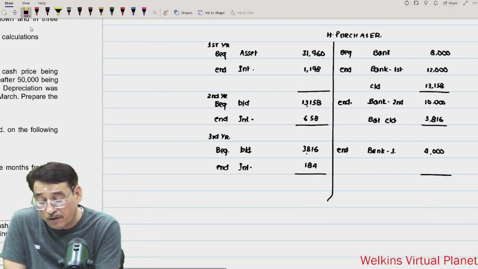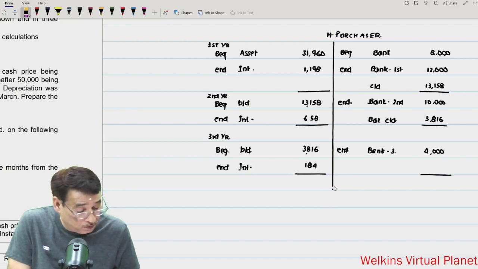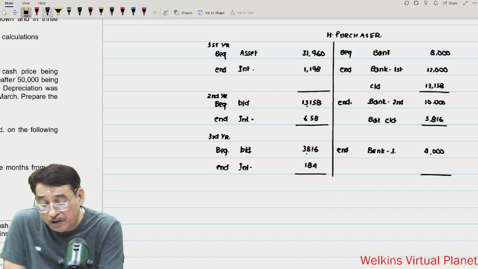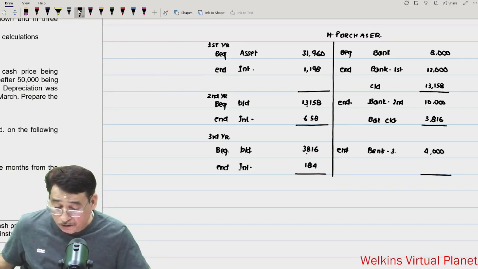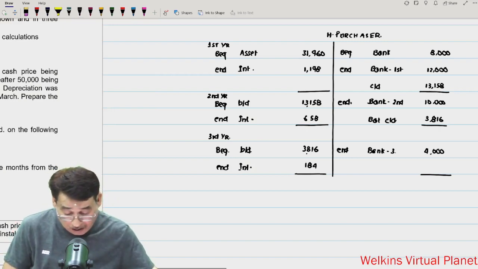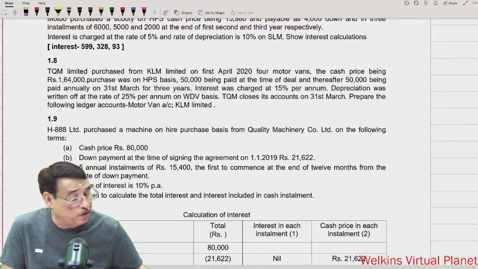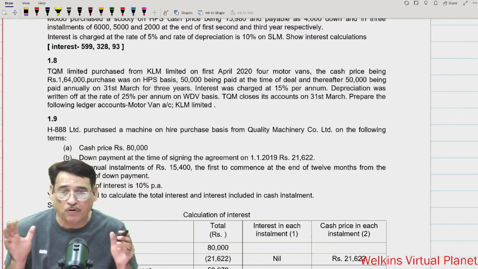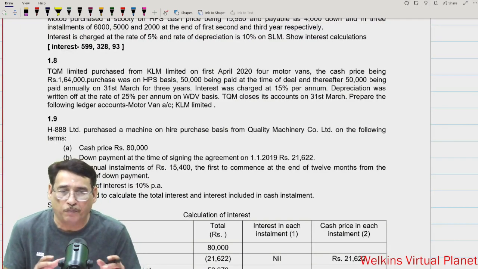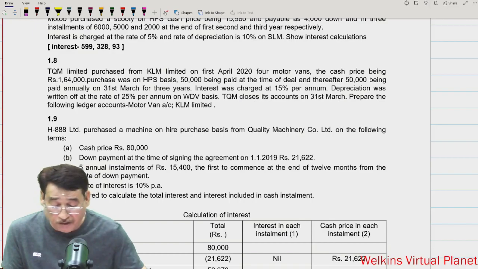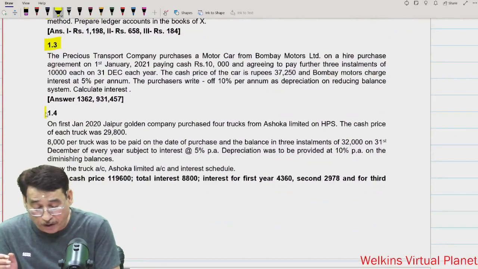Is it clear to you or not? Perfect. So this is how we have to do as far as books of vendor is concerned. Now we come back to actually in this question our focus area is to make you understand how to compute the interest. Although we have now taken an overview also how the accounting is done in the books of purchaser and vendor both. Now after having done question number 1.2, now you should be in a position to do question number 1.3,